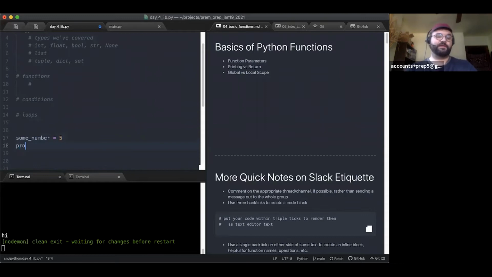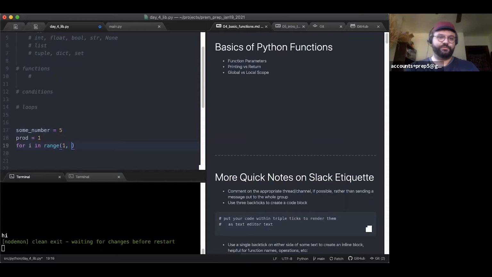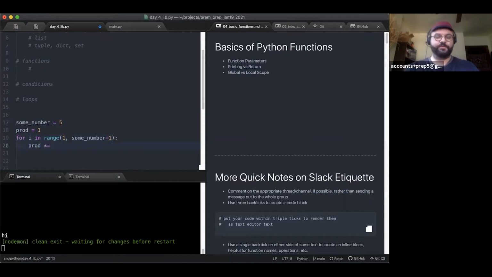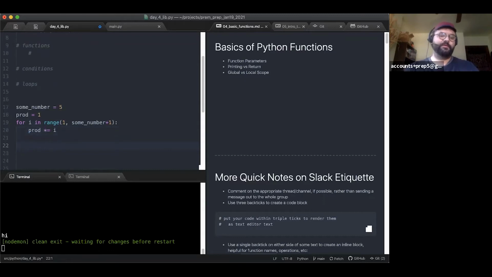And I'll need to have a bucket for my product here, and we'll say for i in range 1 to some number plus 1, prod times equals i, print prod, right? So this is just a factorial algorithm, and rather than having to write all this